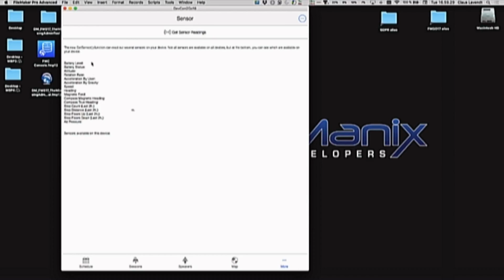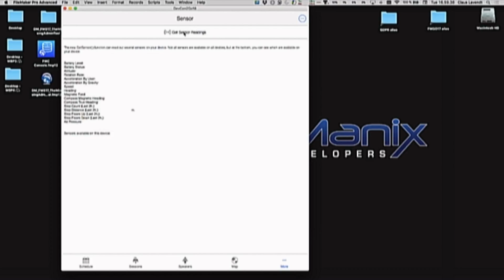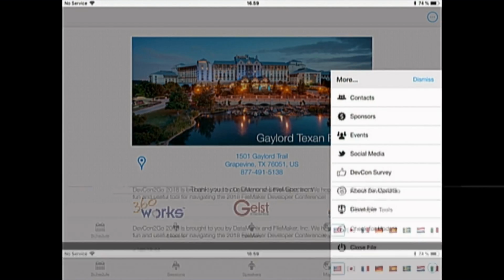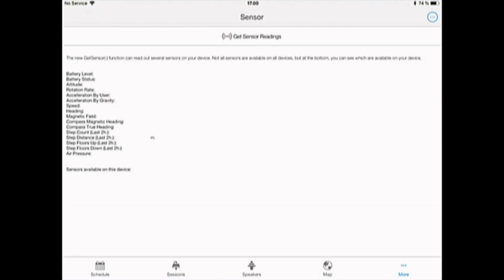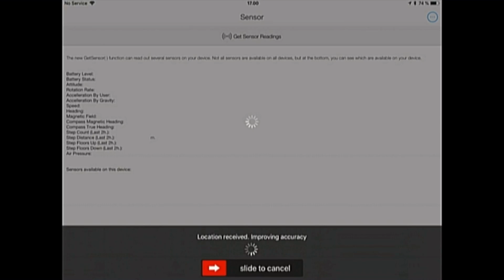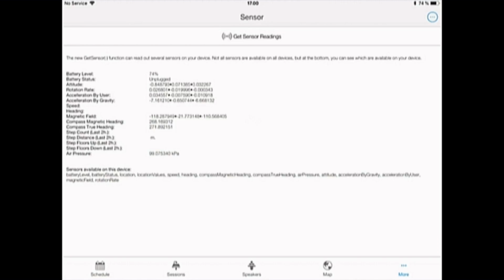Here they are. So basically, this is a button. When you hit the button, on desktop you are notified that it's not possible, but we could just do that on the iPad. Just a second. There it is. Okay, so I hit this button, developer tools, sensor functions, and now I hit the get sensor readings. Some of the readings, especially the location functions, take a little more time, so that's why you see the dialog. So now we have, I'm not able to zoom here, I hope it's okay,